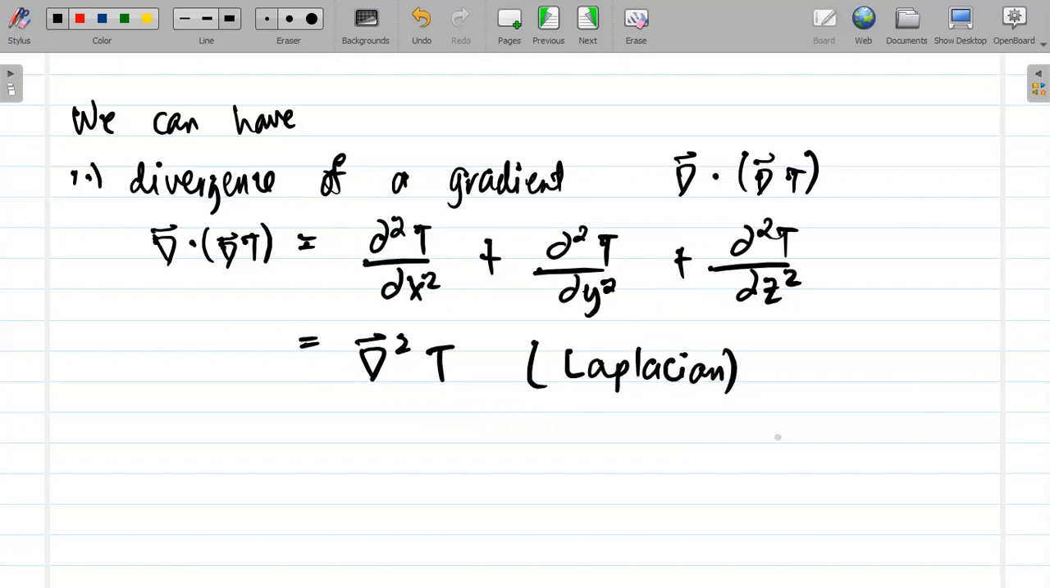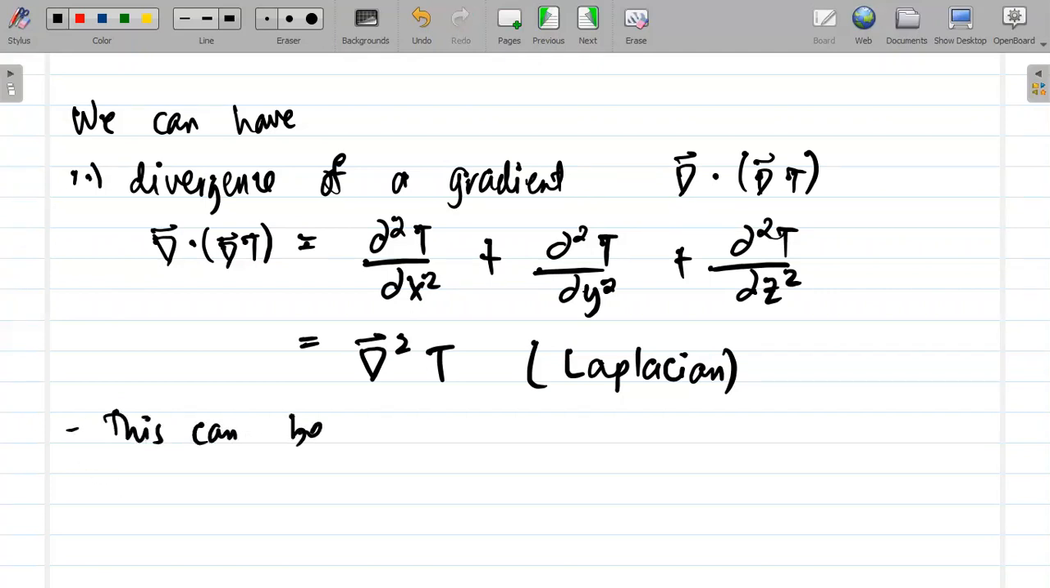So yun yung ating divergence of a gradient. So del dot del T, we can call this del squared T, kasi tignan nyo, dalawang del yan, di ba? So del squared T. So we call that a Laplacian. Pero class, yung Laplacian can also be